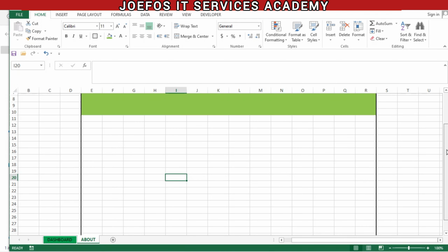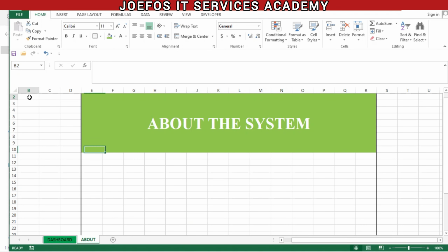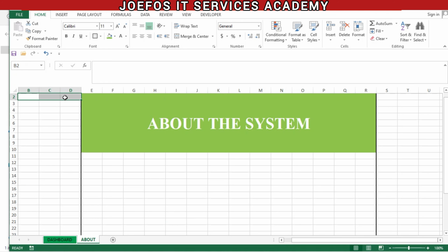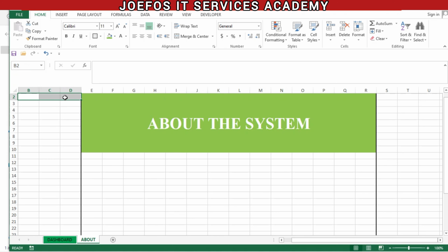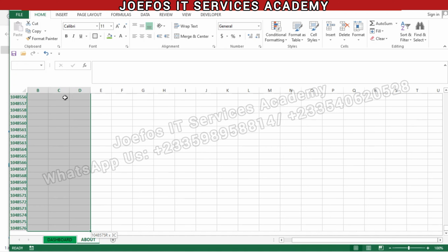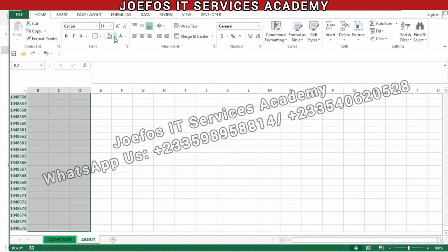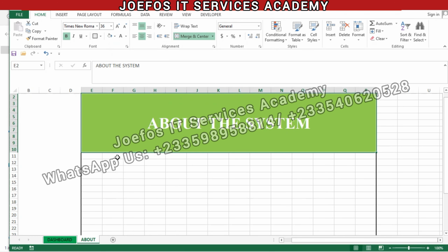Now the next thing that we want to do is to hide the cells here. So let's just select everything like this. You press Control and hold it, then you press Shift and hold that one too. Then you press the down arrow key like this to select everything. Then we give it a white background color. We want to hide the cells